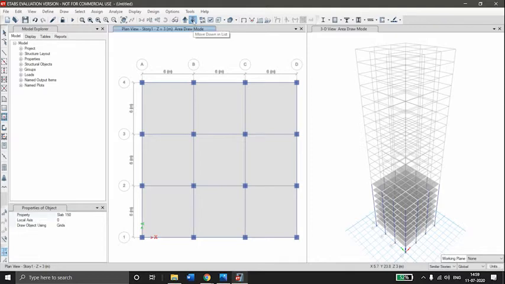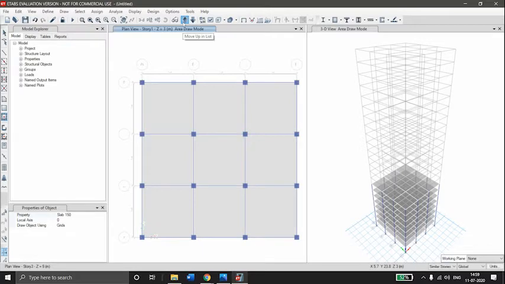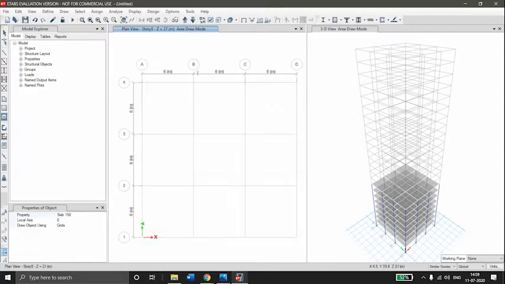Go to best story and make sure on the best the slabs are not created. Now move to story 9. Select the quick draw option.